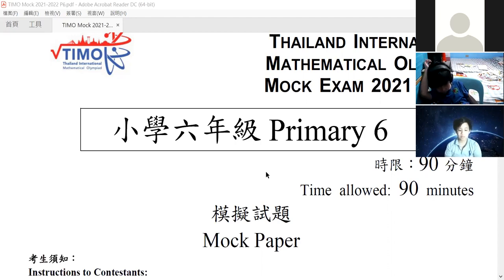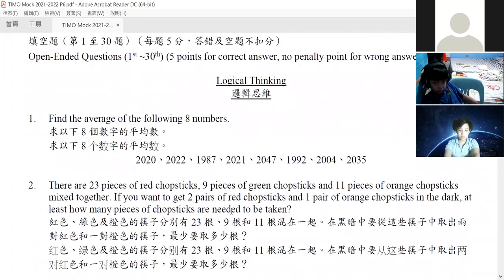I know that some students would like to finish the questions one by one, starting from question 1 until the last question. But it is not advisable for you to do that because time is of the essence. You have only 3 minutes to finish each question. So if you do not know how to solve a question at first glance, maybe it's better for you to just skip the question, okay? So without further ado, let's go.